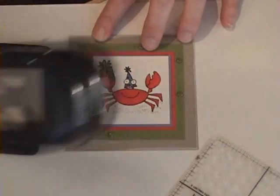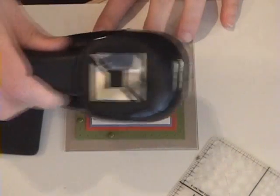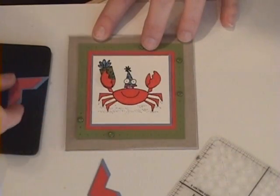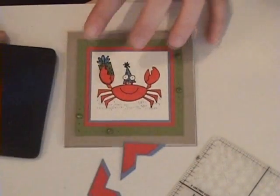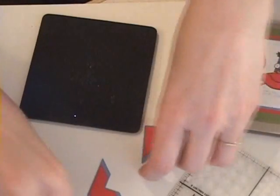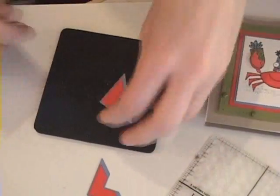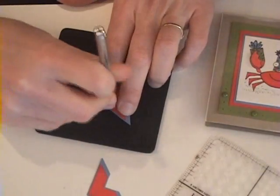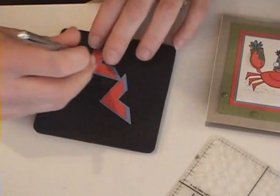So the punch I used is the Stampin' Up! Photo Corner punch. And then what you do is the smaller piece gets layered on the bigger piece, or what you can do. So I've attached those already, and now I'm just going to poke a hole in the corner, eyeballing it, and I'm going to put one of the old olive brads